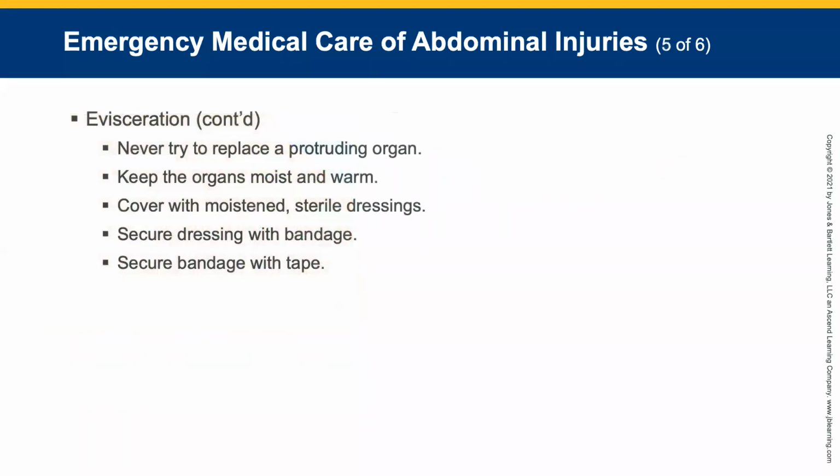All right, so anytime during an evisceration, we must place a sterile dressing that is moistened with saline over the wound. Apply a bandage and transport. Never, ever, ever replace the protruding organ into the abdominal cavity. Keep that affected area warm. I understand we're pouring room temperature saline on that, but at the same time, once we do that bandage and we put saline all over it, we do need to cover the patient. Try our best to keep it as sterile as we can.